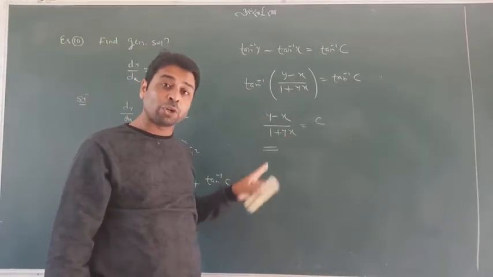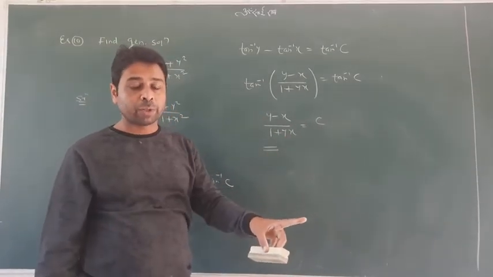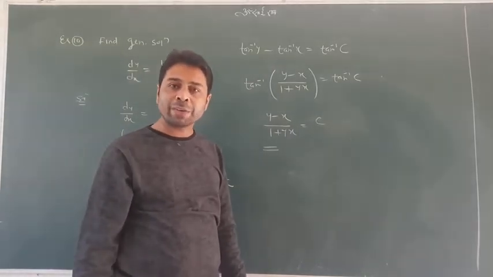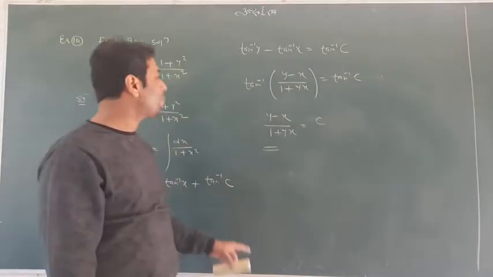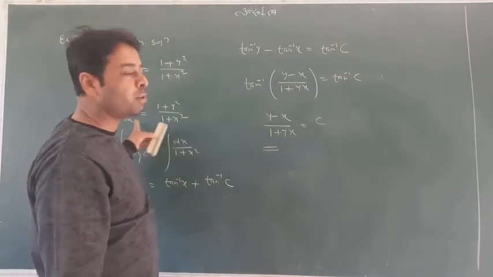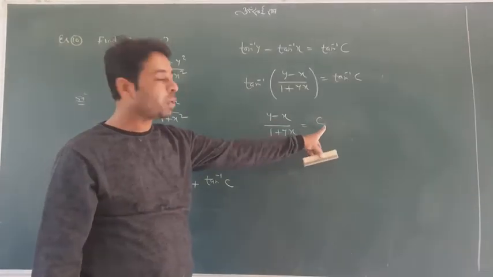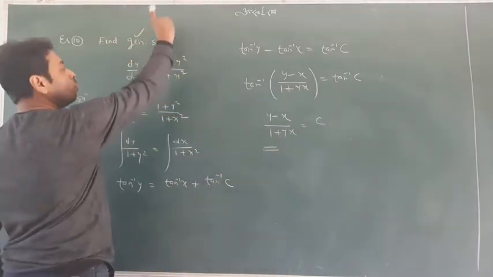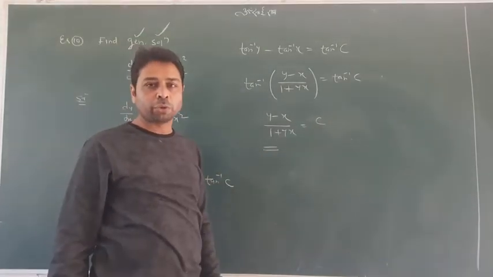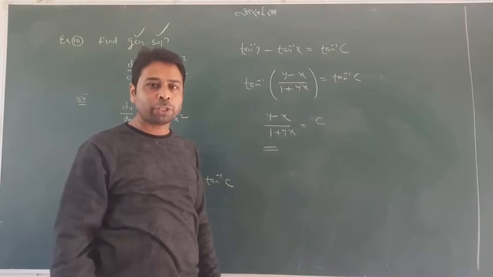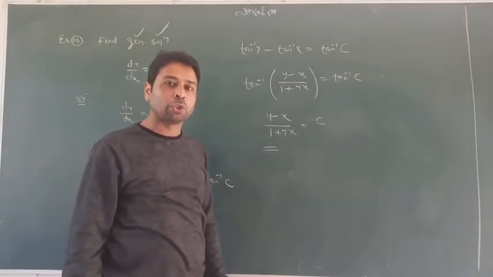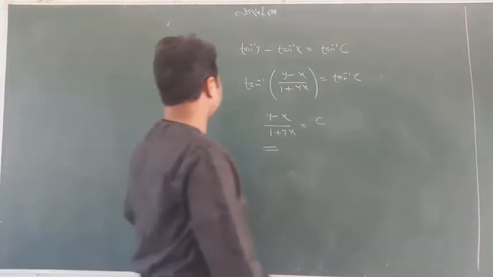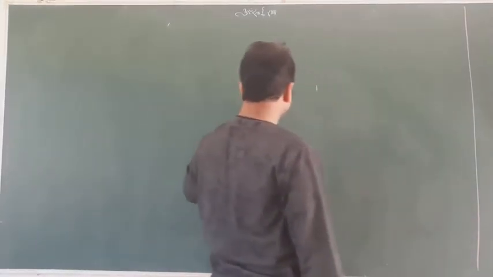When the order is 2, the constants are 2. We get double constants. But double constants and double-order differential equations are not in the syllabus this time. We just have to focus on the dy by dx term only. We will get a single constant, and along with the constant, the whole solution is called the general solution. We have further questions where I will tell you about the particular solution also. Okay, this is my solution of example 10. Let me wrap this up, and I am telling you the next one now.